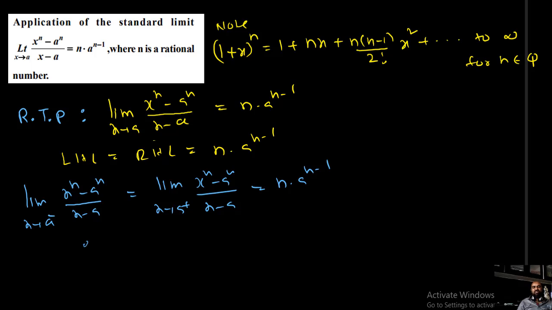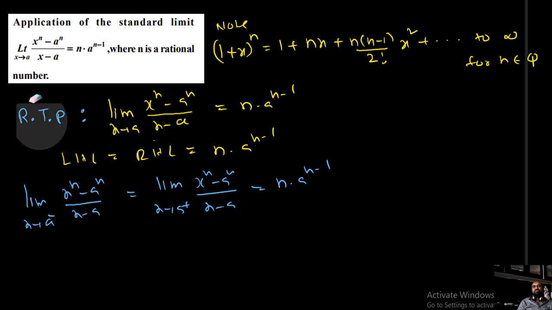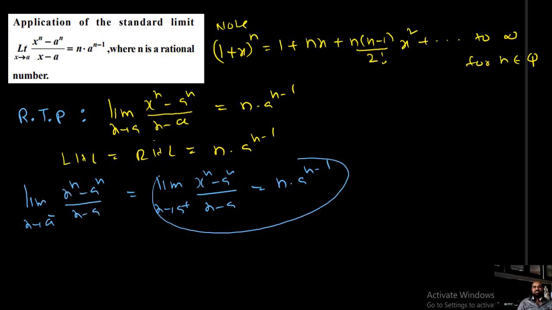Just like we feel that this is L, this is M, this is some K, we want to prove that L equal to M equal to K. It is better to prove L equal to K first or M equal to K. I will prove M equal to K first. So now it is enough to prove that this equals this. After that I will prove this equals this. That is not a big issue. Okay. Now